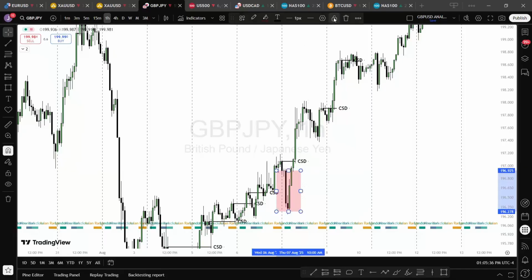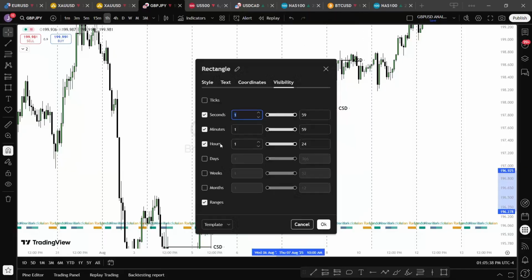You just come here, go to settings, and then this is the 1 hour, this is the minutes time frame. So you can make it visible in the 5 minutes. It just depends on where you want to be able to see it. Before I could only see it in the 1 hour. Now if I expand this, I can see, you can just look at this number here. I wanted to use my hand to point to the number, forgetting that you can't see my hand. All right, so if you increase it, you will see that you're able to see it from 1 hour to